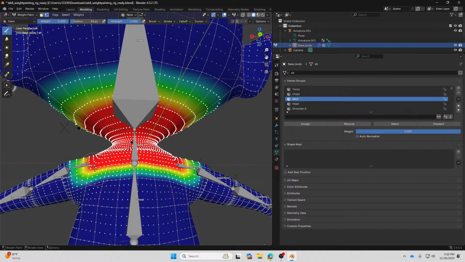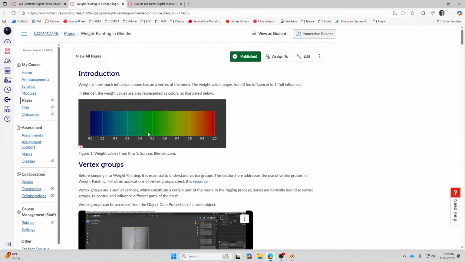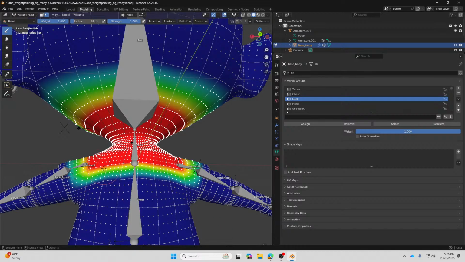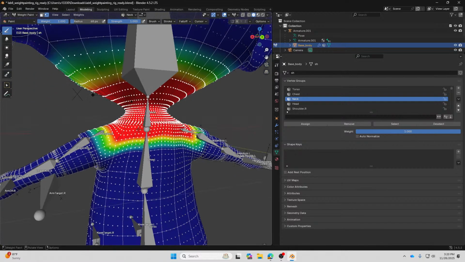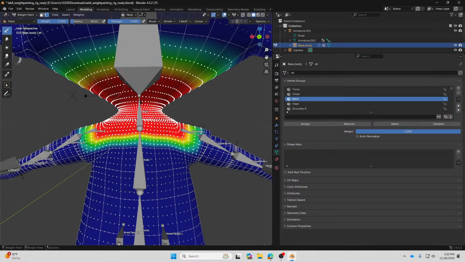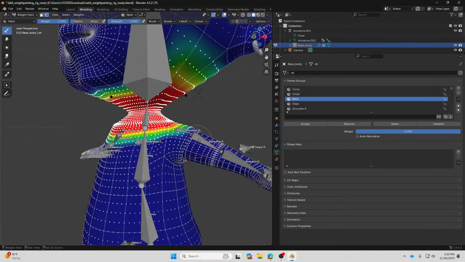So you see orange is about 0.7, 0.8, and then 0.7, 0.6, 0.5, and then to 0 over here, so that when you try to move the characters, it doesn't cause any kinds of mesh deformations, because you have this kind of transition between bones.